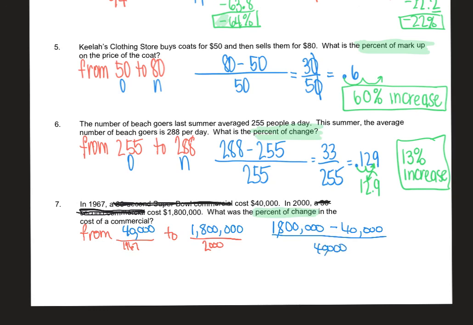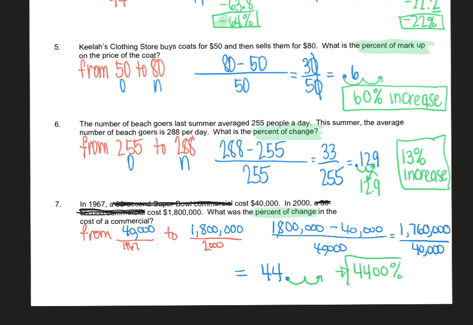Just be careful with all your zeros. So when I subtract, I get 760,000. And we're talking dollars, and that's over 40,000. So when I divide, I get 44. Now you have to remember that is a decimal. You always need to move your decimal 2 times to the right, and that is going to make this